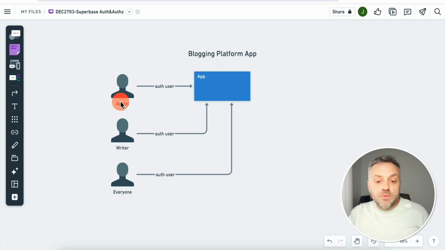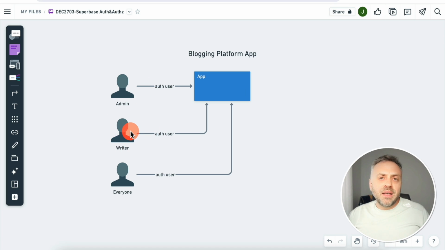The next thing that we need to do is set up various permissions inside of the app. And so what we need to know is whether this user has the permissions to do various things inside of the app. Let's say one of the users is an admin. Well, an admin typically is able to do anything and everything. They can create new content, they can delete content, they can edit content, they have lots and lots of permissions,